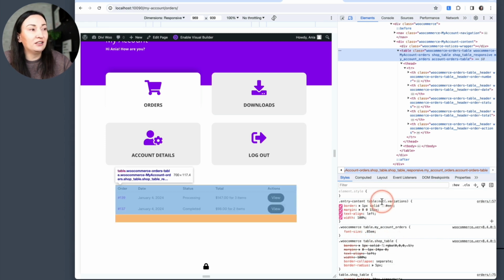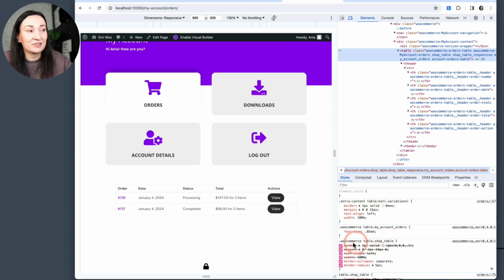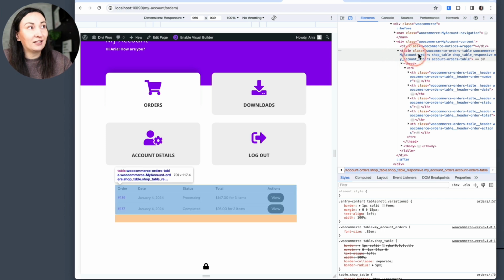It even, Divi styling overrides WooCommerce styling in terms of what's... let's see if it wouldn't be here. Well, that looks very similar actually. The color is similar, but yes, it is using a 1-pixel solid light gray border. We can target that table in different ways, but it has a table with WooCommerce order tables, shop table, responsive,